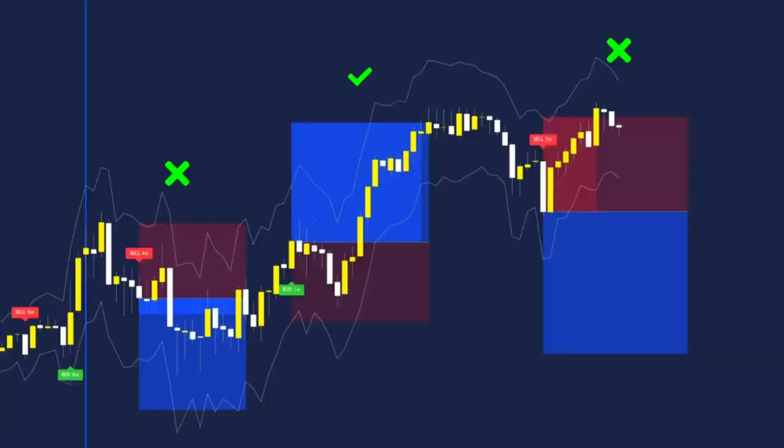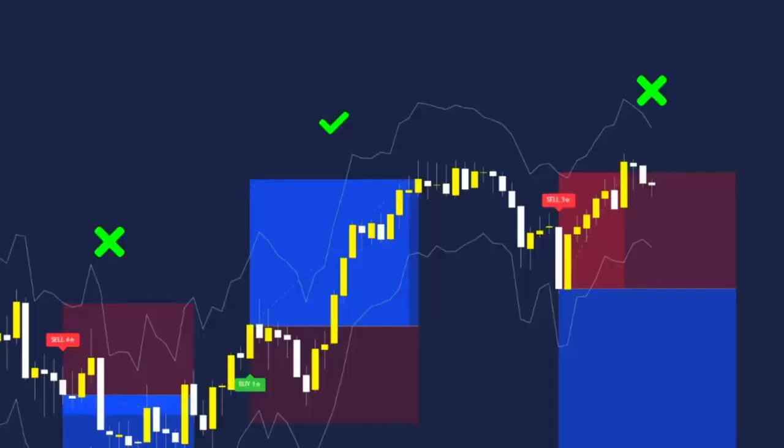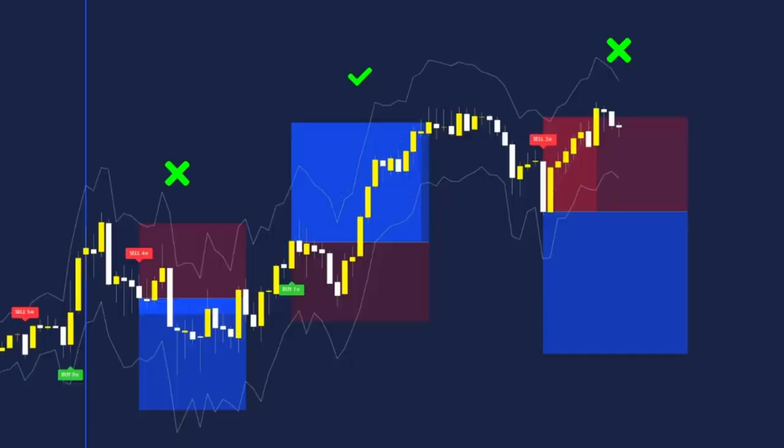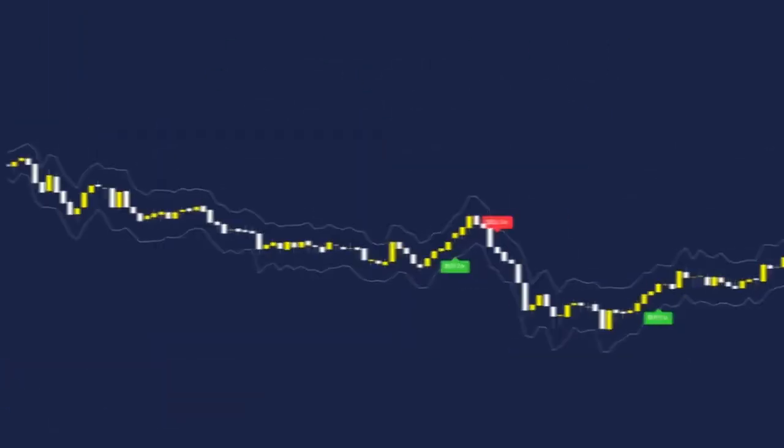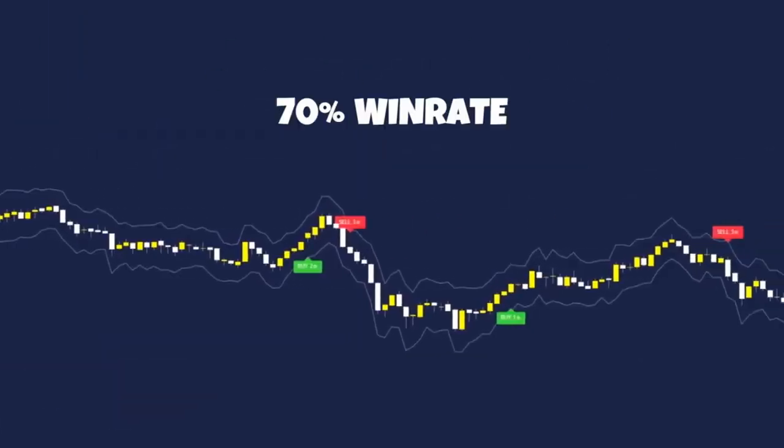But the good thing about this is we only have to focus on the first 3 trades and then we can close the charts off regardless of the outcome, and you can carry on with the rest of your day. But I am now going to show the results for this 70% win rate strategy over the course of 100